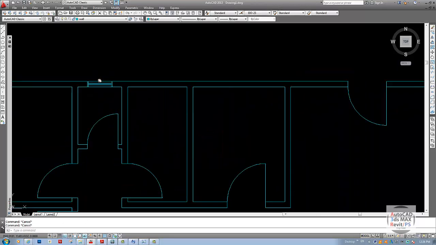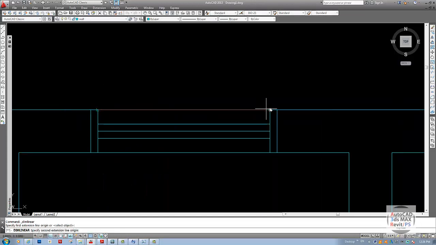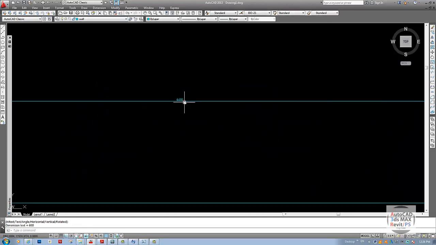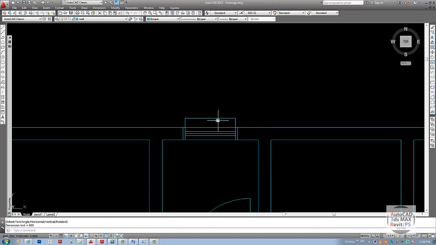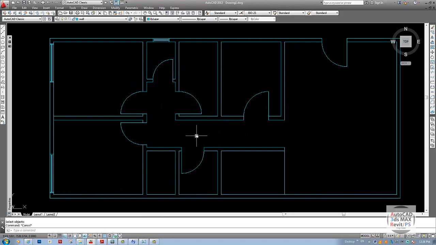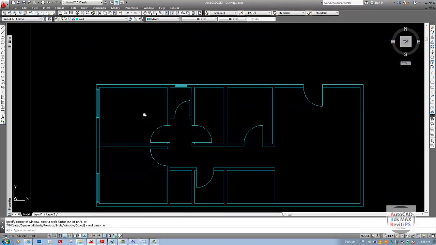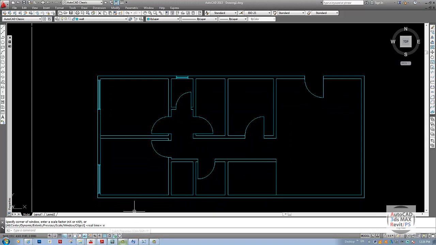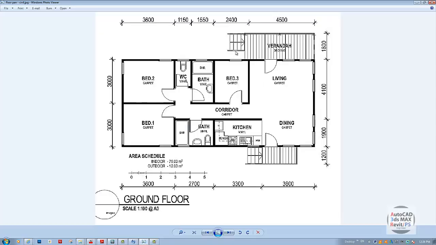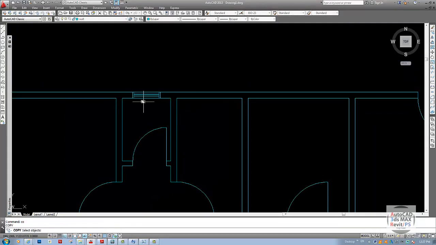Let us check the distance. You can see it's coming 600. It is a 0.6 meter. That is fine. And now let us see. We'll just check our image. In this image, yeah, there is a window in the bedroom, and that window can be copied from this